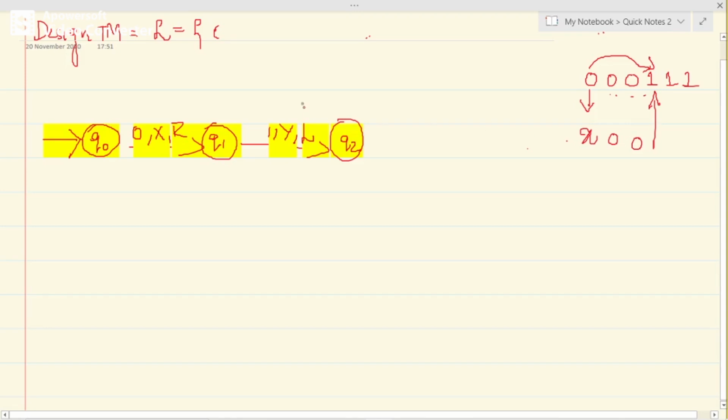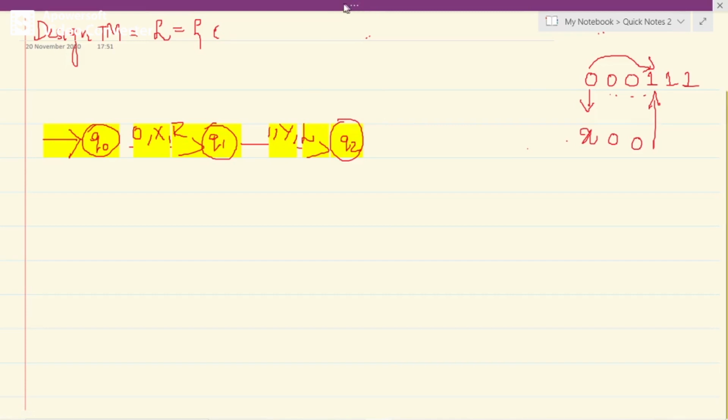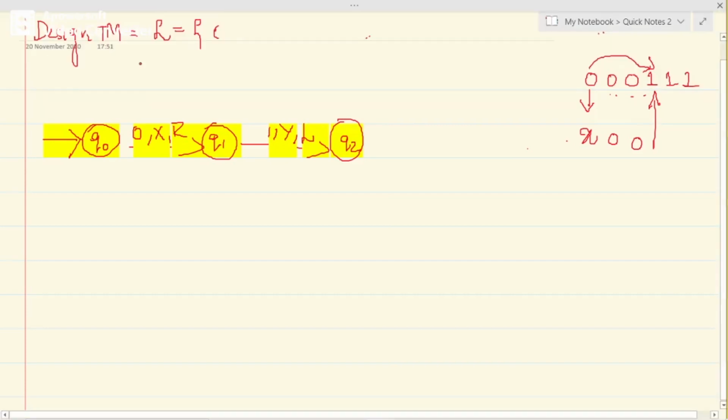After changing 1 to y, next is to take a left move. You can see here you have to take a left move. Next, what happens?